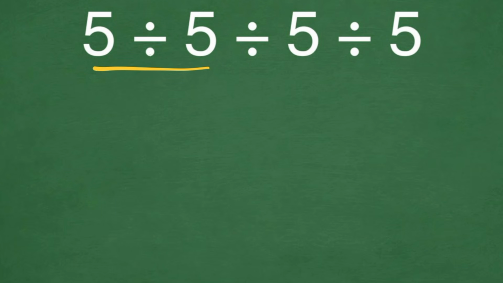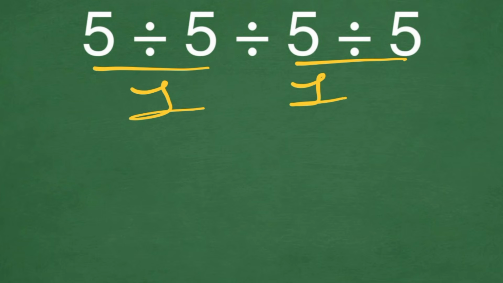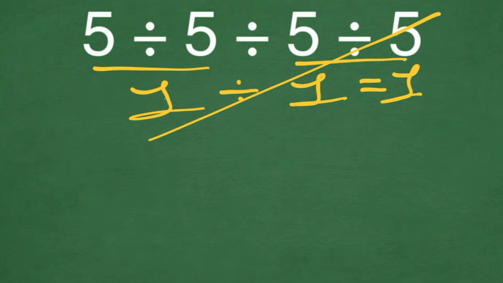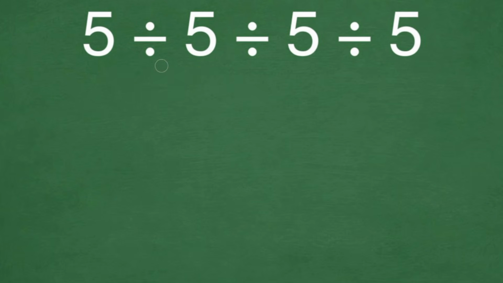5 divided by 5 gives us 1, and again 5 divided by 5 gives us 1, and 1 divided by 1 is just 1. But this answer is not correct, because according to the order of operations PEMDAS, if we have similar operations, like in this case three division operations, we have to solve the problem left to